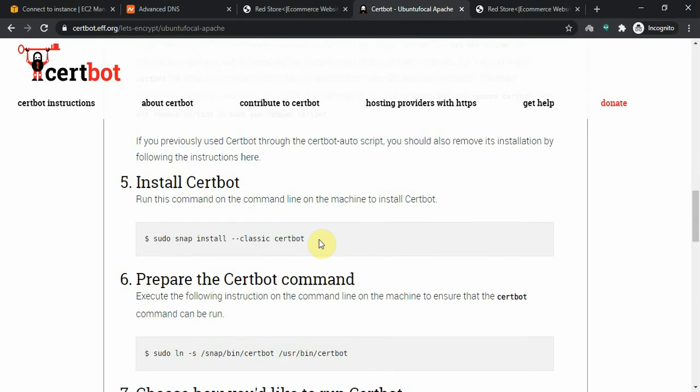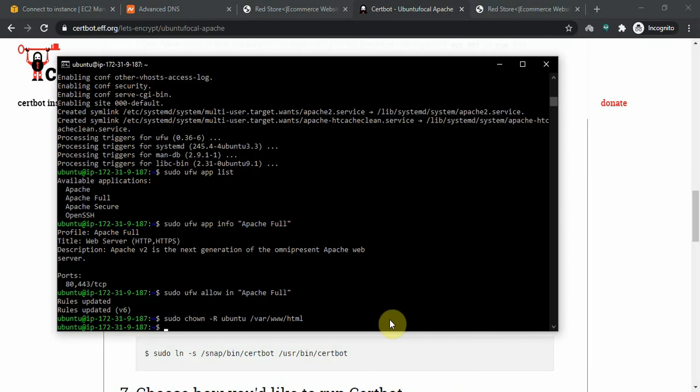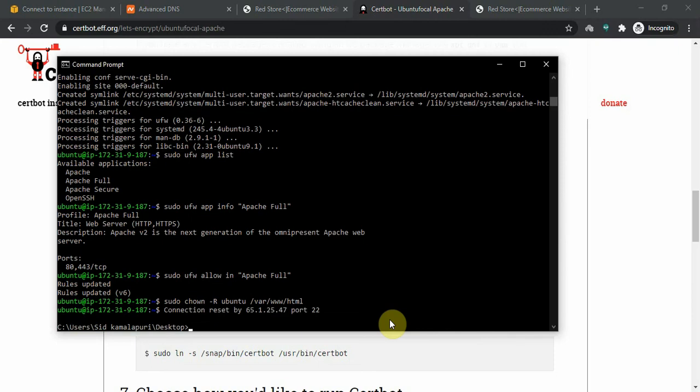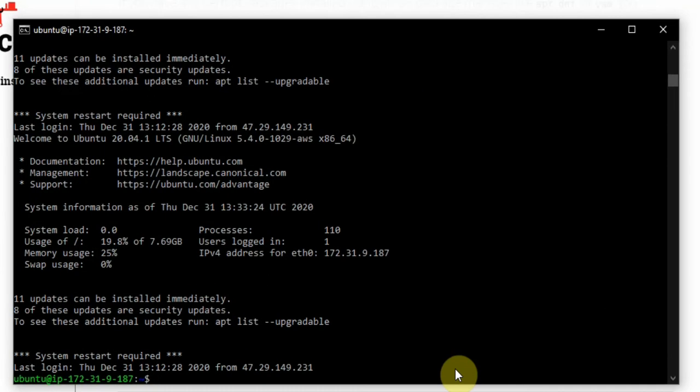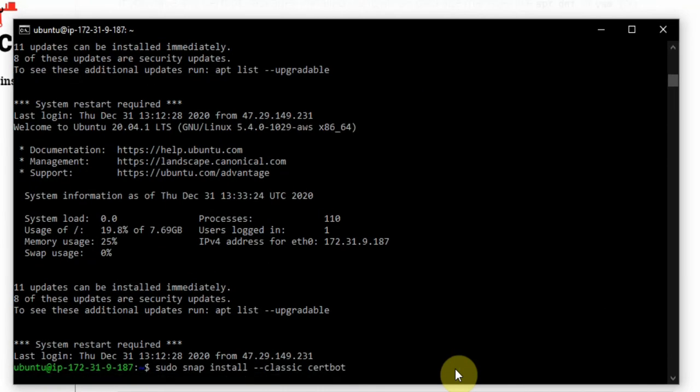I will install Certbot. Copy this, come to our instance, paste here. Yeah, our connection is reset, so again we will connect. Yeah, again connected. We will paste here, and it's installing.